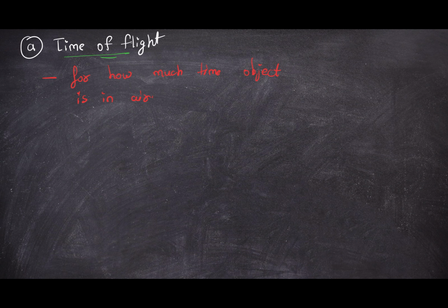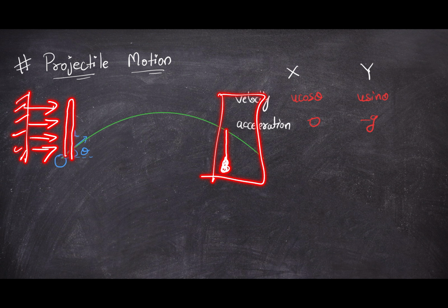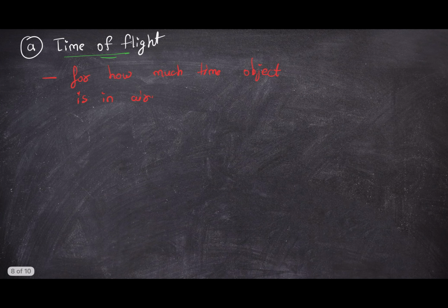As said by Galileo, I can solve independently for x and y. If you look very carefully, the motion in x is like this, but the motion in y is like it is going up and then again coming down. Let's say I throw a ball and cast a shadow on a building with a very high beam light. What you will see is the ball going up, the shadow goes up and then again goes down. So ultimately the displacement in y would be 0, isn't it?